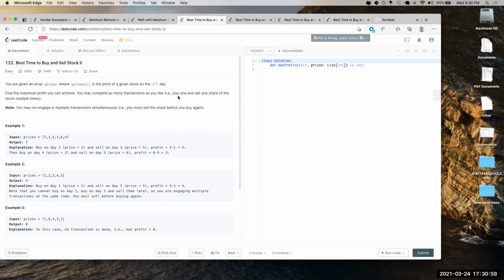Yeah, but that will not make sense, right? If I buy at 1 and sell at 1. So I want to make a profit. So what I'll do is I'll buy at 1, sell at 5. I got a profit. I'll accumulate that. Now again, I'll buy at 3, sell at 6. Again, I accumulated some profit. So I'm accumulating all the profits. But the answer is only 7, right? You 1 and 5 and 3 and 6.